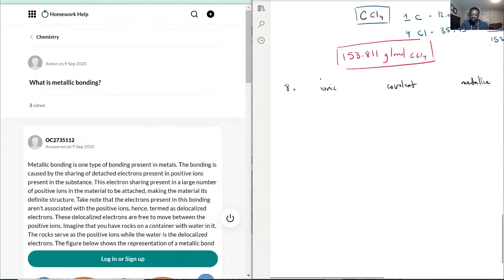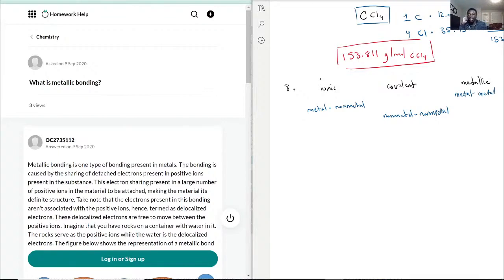Now, for an ionic bond, typically for it to happen, it's a metal bonded with a non-metal. Okay? That's how it works for ionic bonds. Now, covalent bonds, typically, it's a non-metal bonded with a non-metal. Okay? So now we have an option of metal and non-metal, non-metal and non-metal. So what would metallic bond be? If you probably guessed it, it would indeed be a metal to metal